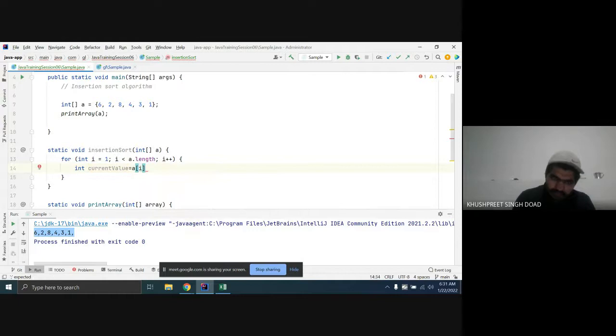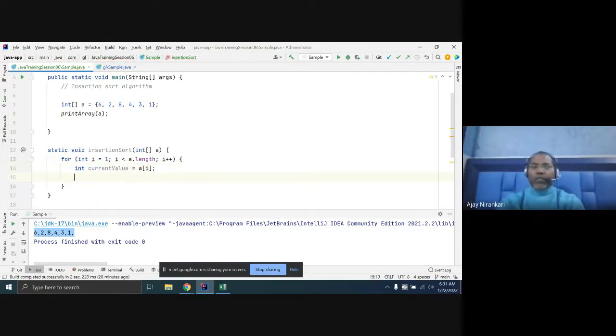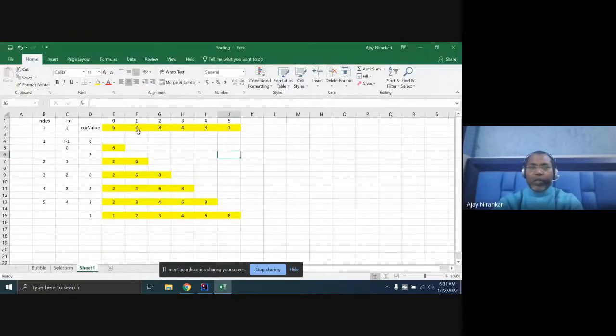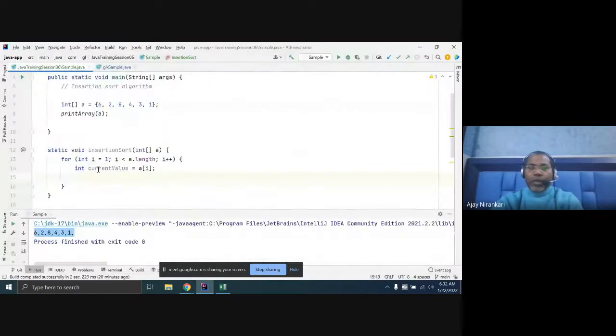In this example, since the first element is automatically sorted, we start the loop from here. Because if 6 is a single element, it is already sorted, so we start the loop from 1. So you take the current value and start.